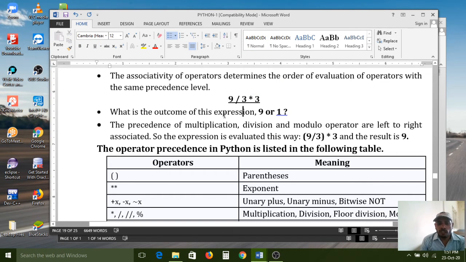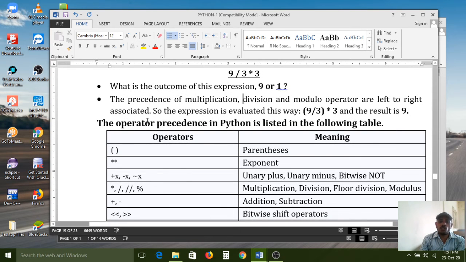If you evaluate left to right, then you will get 9. Then what is the right output here? The multiplication, division and modulo operators are left to right associative.